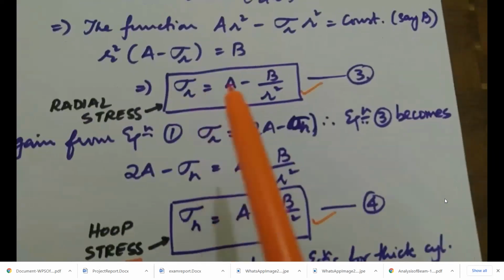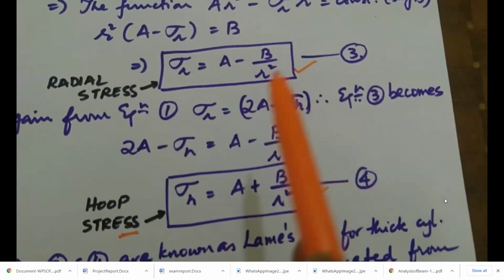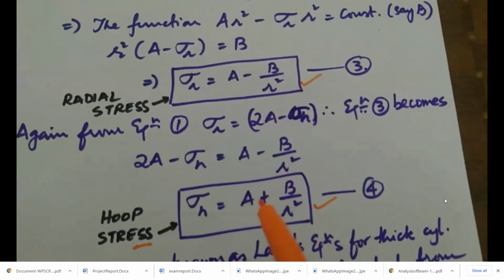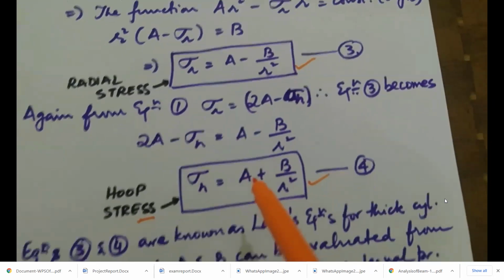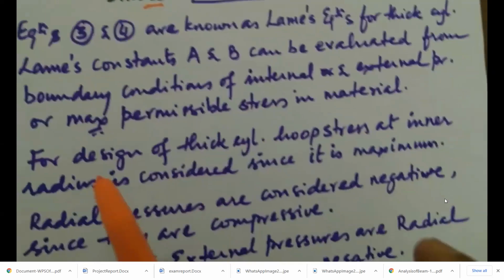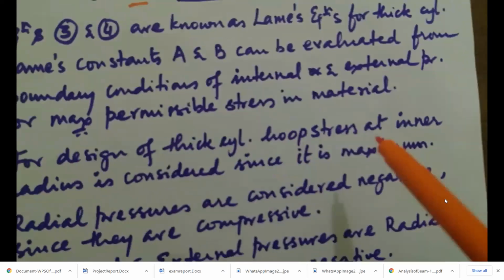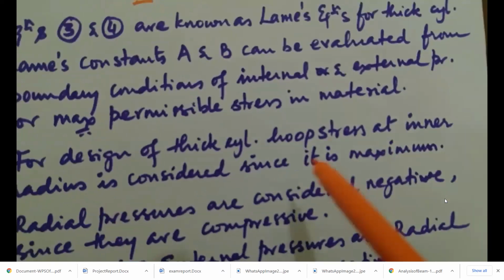Okay. So, in these two equations, sigma r is equal to A minus B by r square, sigma h is equal to A plus B by r square. A and B are constants, Lami's constants, and their values can be obtained by applying suitable boundary conditions of internal and external pressures. Third point, for design of thick cylinders, hoop stress at inner radius is considered since it is